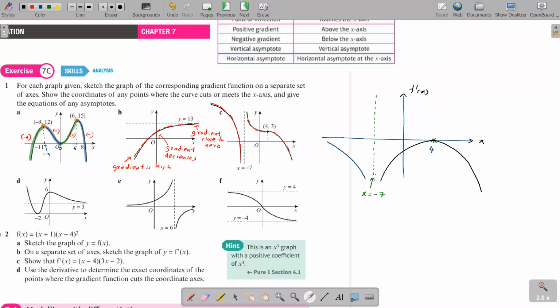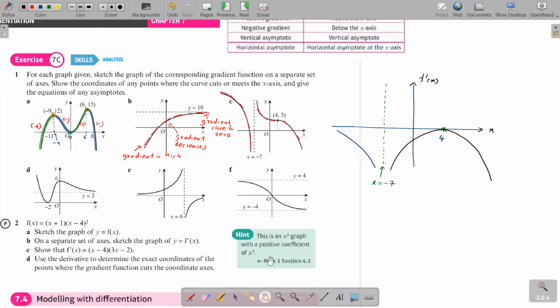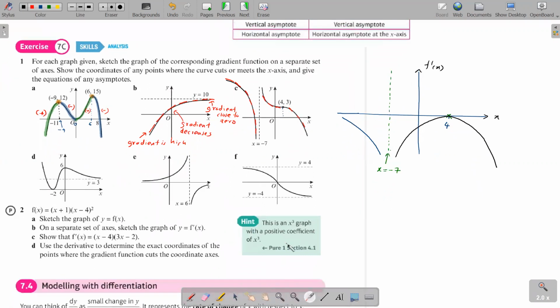Okay, let's go to question number D. So, okay, again, we have several important points here. Number 1, we can see we have a minimum point, and there's a maximum point. Minimum point at x equals minus 2, maximum point, I only need the x value. You can see here, we are not bothered with the y values. You only need the x values and we are bothered with the gradient. So then what happens here? In part D, when I draw the gradient graph,